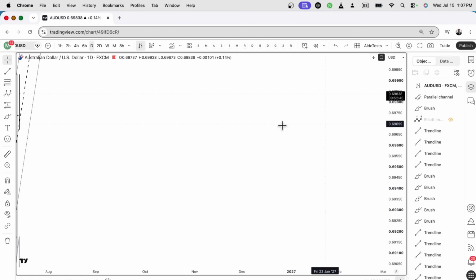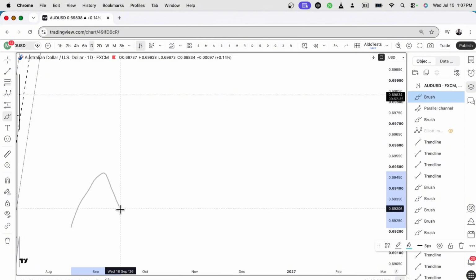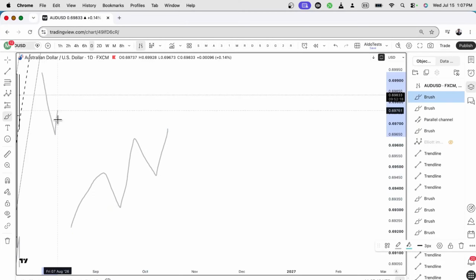clearly. So when we have a diagonal, and let's do this again, let's say that we have a 1, 2, 3, 4, and 5 for a diagonal. How do we trade it? Okay, so the only way to trade it is via context. In other words, we believe that the previous decline is already in 5 waves. So if that's the case, we're going to favor the idea that this is a wave 1 of a new